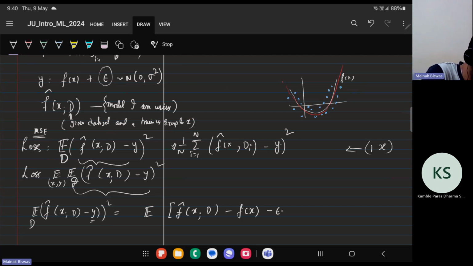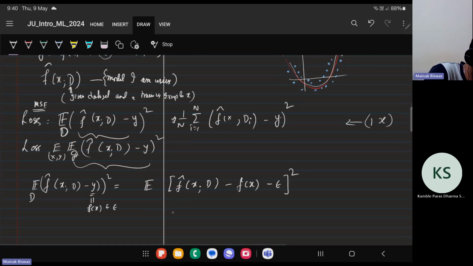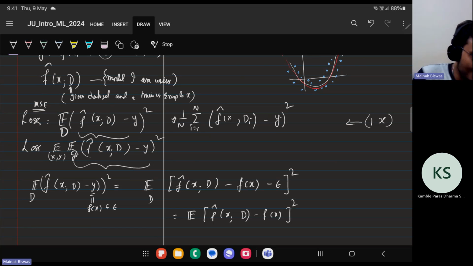So I wrote y as f of x plus epsilon, and then if you expand this, you will get the expected value of (f hat of x comma D minus f of x) whole squared,